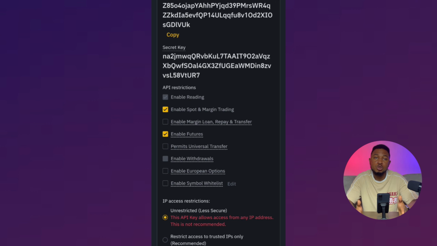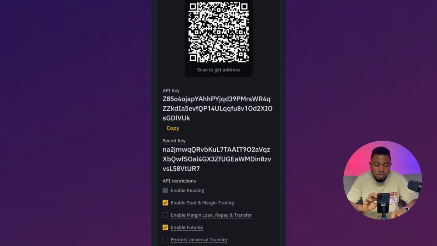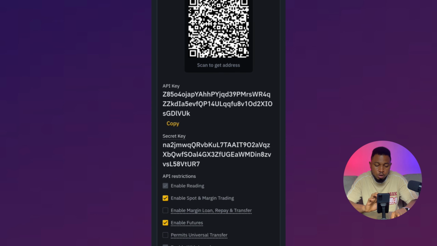What this platform will do is to only copy the trades for futures, spot and margin trading, and you make money. But you can see that the person does not have authorization to withdraw your money. So that is one way to be safe. All right, so since that is done, next thing we are going to do is to copy this API key right here,